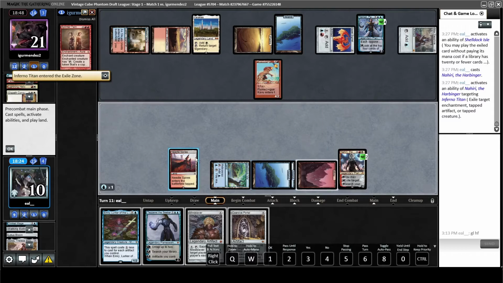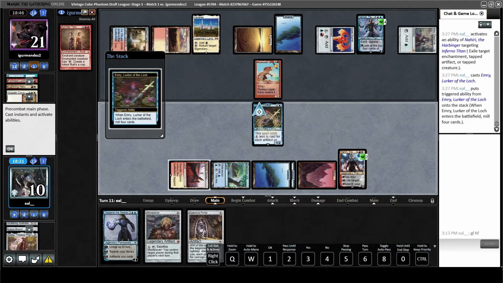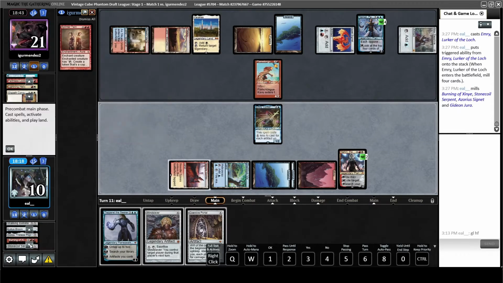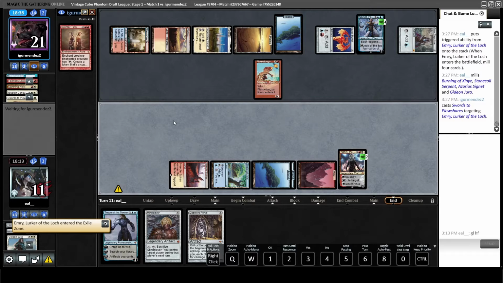So I am going to play Emery, for full price, mind you. When it enters, I mill. Let's see. Ooh, I can cast Signet off of it. I think if they attack... I don't know, actually. I mean, if they attack Nihiri, I think I'm just... Oh, wait, they get to bounce Emery anyway, so...